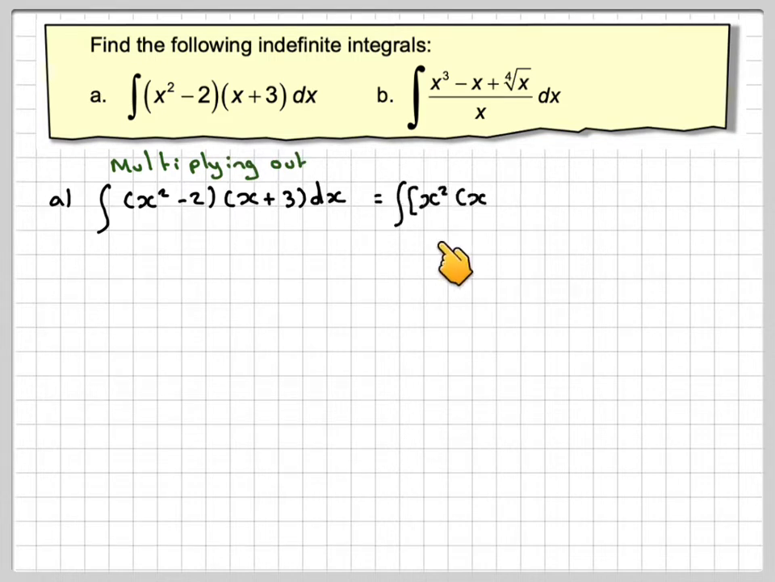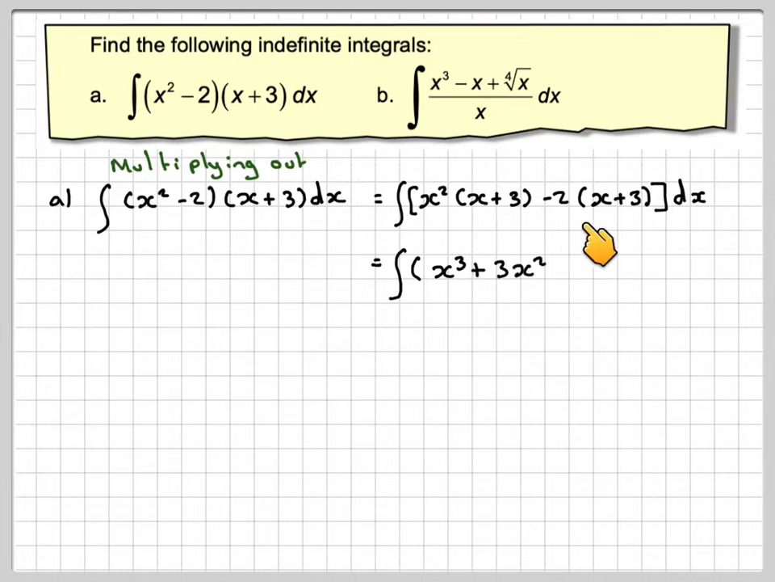So we've got x squared times (x plus 3) minus 2 times (x plus 3). Notice we've kept the integral sign in because we haven't actually integrated yet, and a part of integration is actually preparing the integral before doing the actual process itself. So x squared times x is x cubed. x squared times 3 is 3x squared, minus 2x. And then don't forget to change the sign to make it